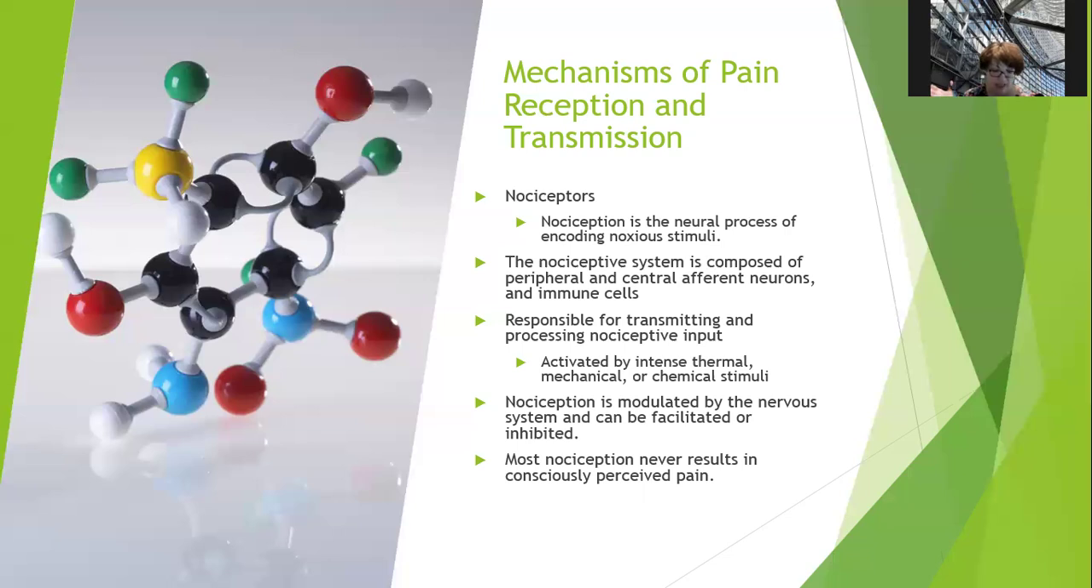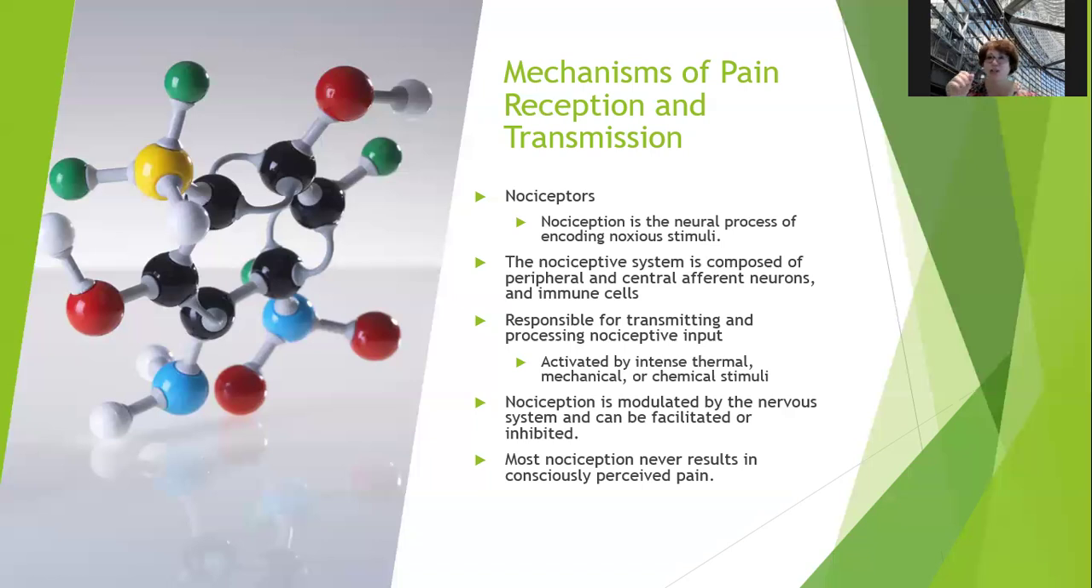But just because the signal is encoded doesn't mean the brain will choose to pay attention to it. It's like the bruise example that I talked about. Sometimes the brain goes, nah, that's not a big enough threat. We got other stuff to deal with. I don't have time to make pain. I'm not going to do it. So nociception is modulated by the nervous system and can be facilitated or inhibited. The brain can say, nope, I don't have time for you, and inhibit the pain. Or it can say, bring it on, here's some pain. Most nociception, though, never results in consciously perceived pain, which I think is fascinating,